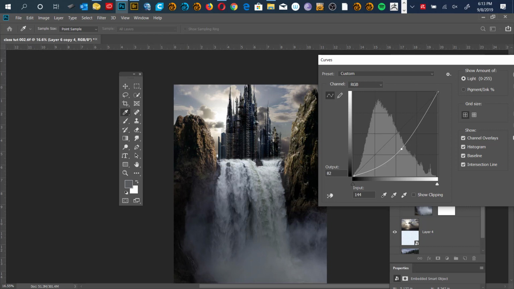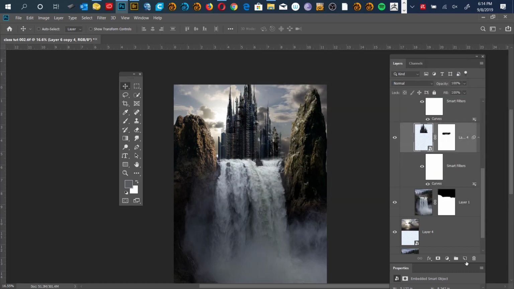Now, the shaded side is not going to have a lot of contrast, so I can flatten it out a little bit. Bring down the highlights, flatten it out a little bit, bring this down. Okay, how does that look? Much better? All right, now I'm going to click OK. So,